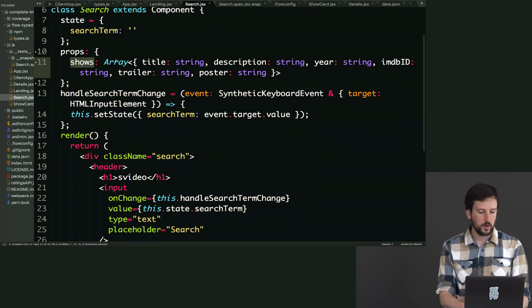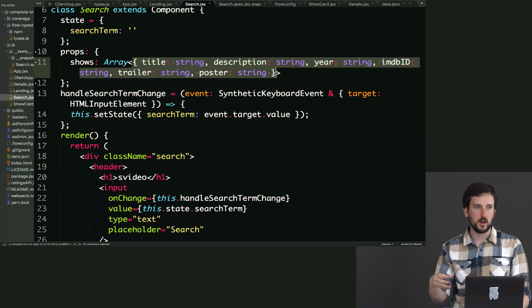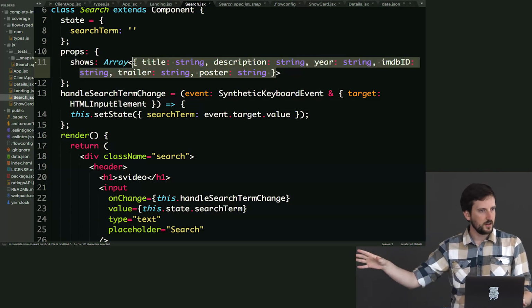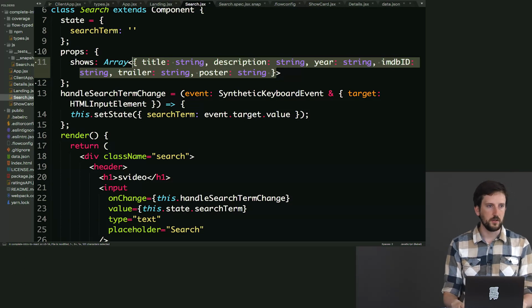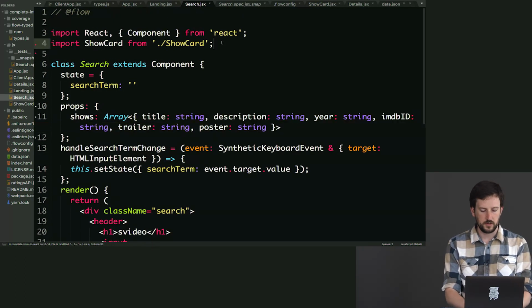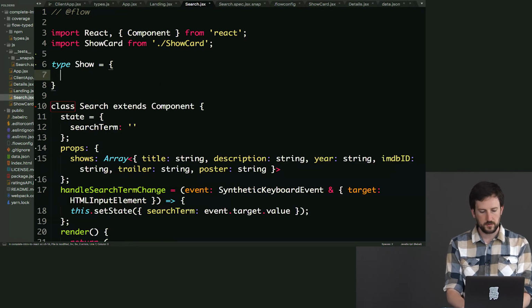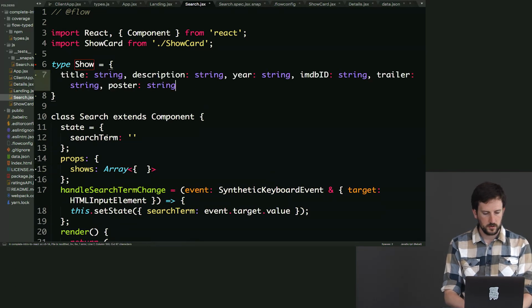So now I know I have this array of this particular type of thing, right? And I can be guaranteed that I can read anything off of it. Now, we have this particular object here. One, this is kind of ugly the way it exists right now, right? And the other thing is that we're going to be using these shows all over our site, right? So it'd be really nice if we could just declare this as its own type, right? So we can say type show equals all of this business. And we can pass that in right here so we have an array of show,